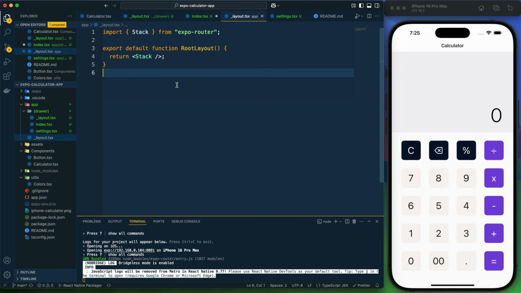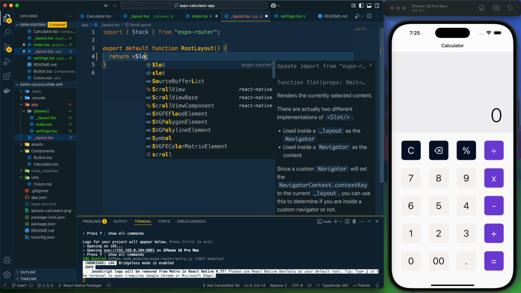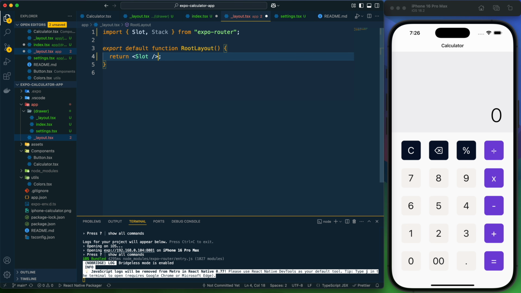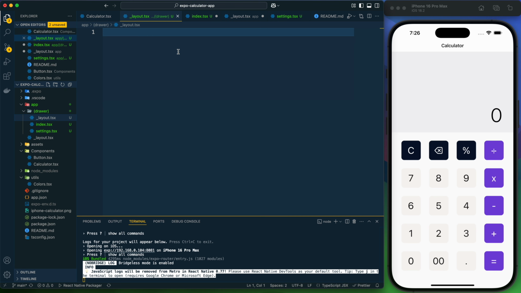And here in the layout, instead of stack, I need to provide slot from expo-router. So this slot will pass the layout control to the next layout, which means in this drawer layout. So in this drawer layout, let me implement the drawer, and that I can do by creating drawer layout component,